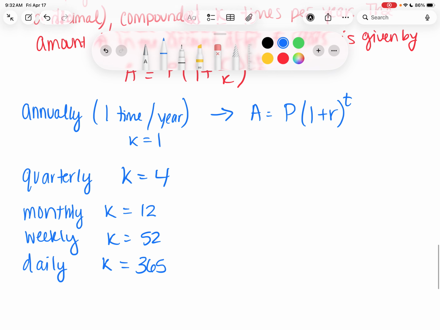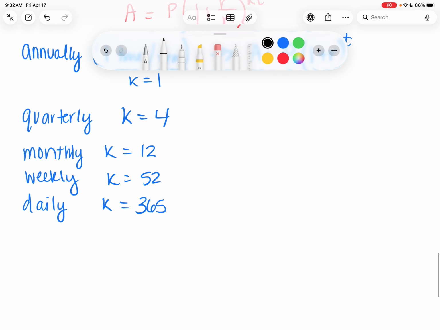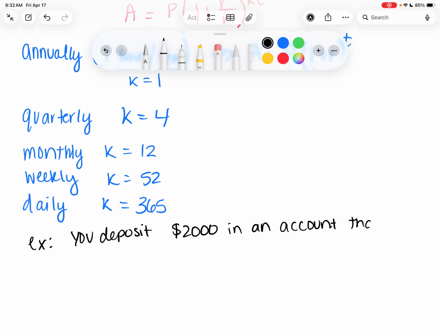All right, so a couple examples. You deposit $2,000 in an account that pays